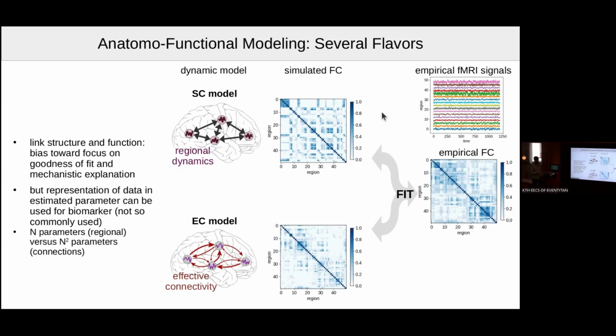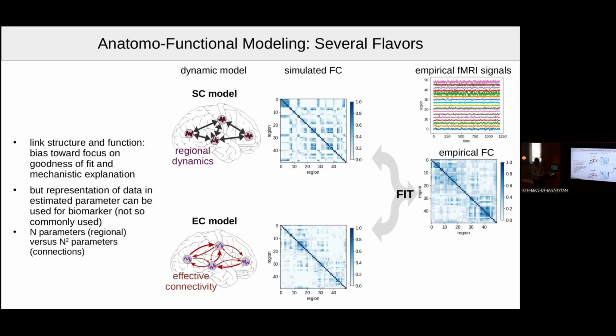this line of modeling started with studying the link between structure and function, so how regional activity and biophysical properties of the model can impact the activity at the global level. But this has led to a bias, in my opinion, on the focus on goodness of fit. So the point for a long time has been how well my model can reproduce the data and how complex my biophysical model can be, or simple it can be, to explain different aspects of this